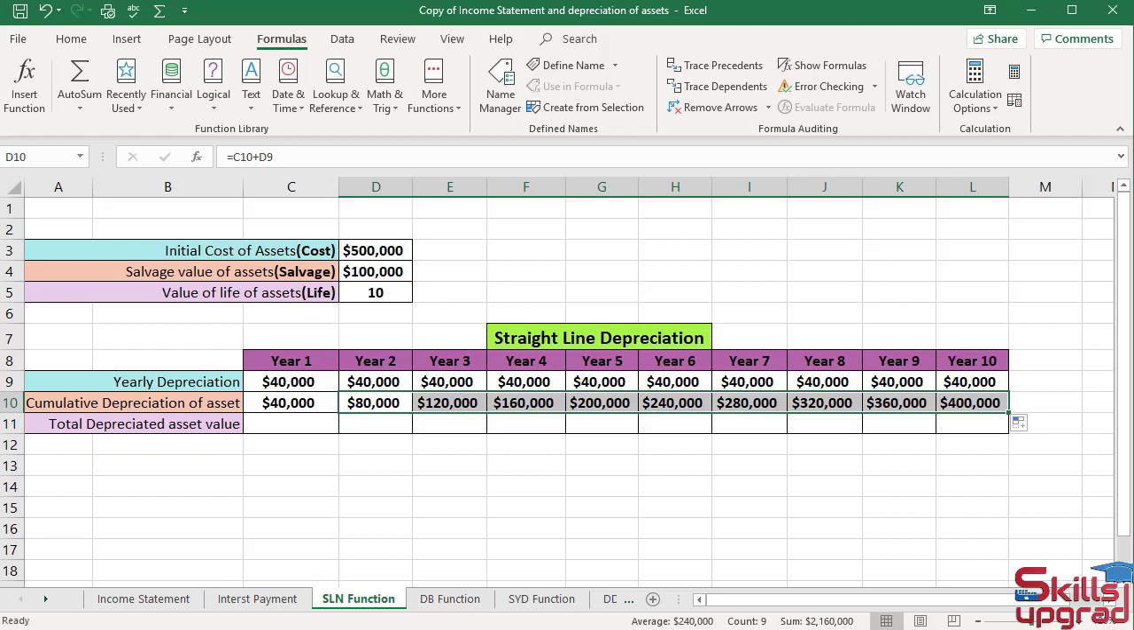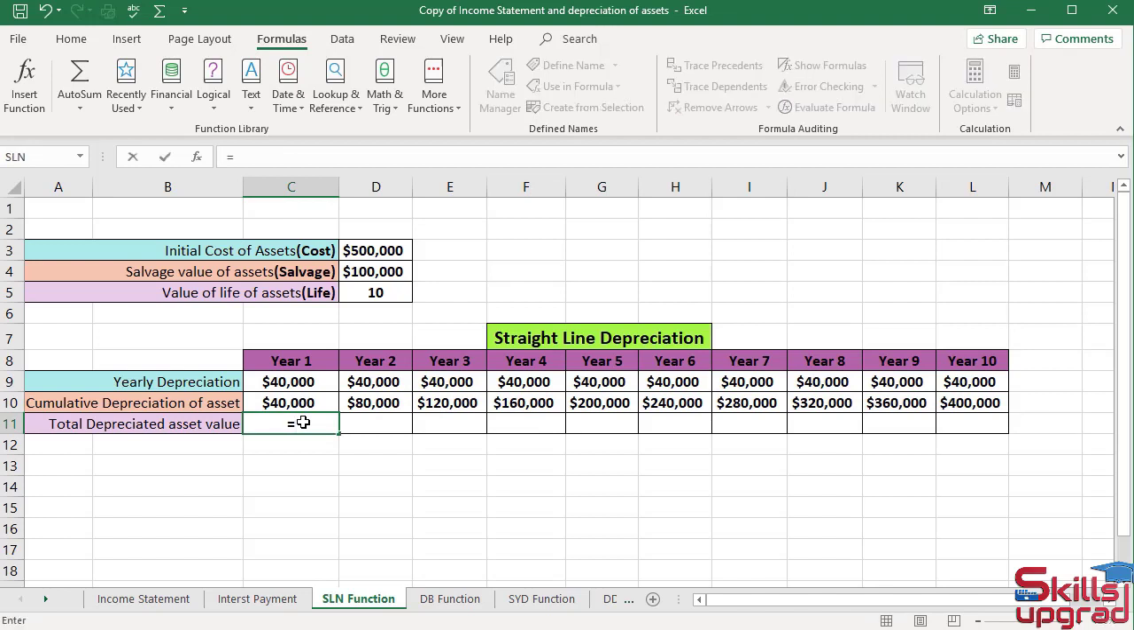Now I calculate the total depreciated asset value of the company for the first 10 years. This value is calculated by subtracting the cumulative depreciation value of the first year from the initial cost of the asset. Active cell reference C11, enter equal sign, click cell reference D3, enter subtraction operator, click cell reference C10, press